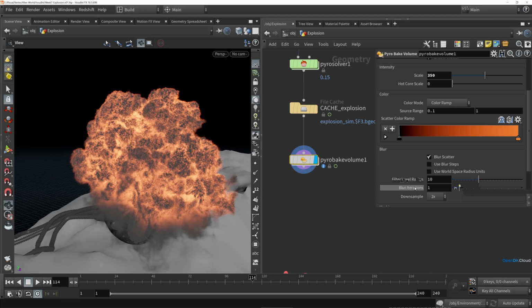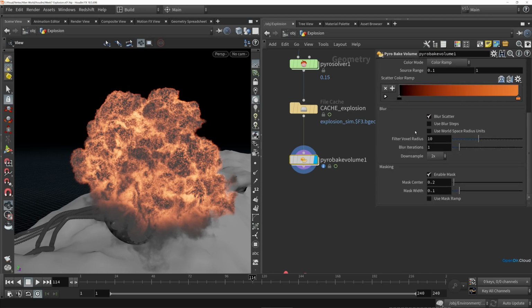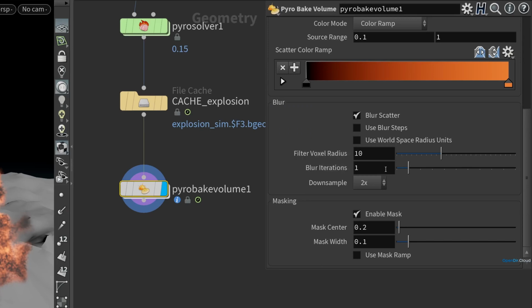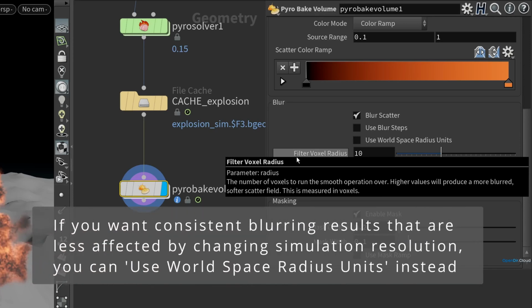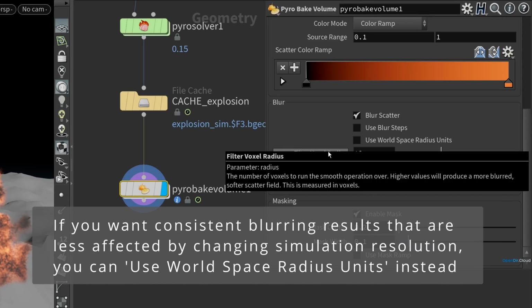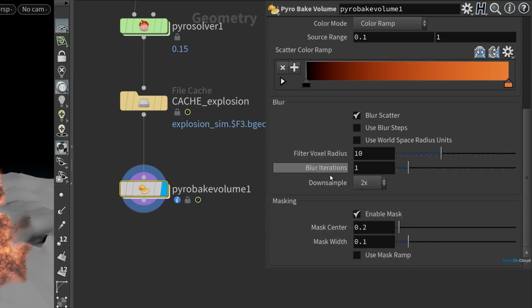And we have a few different ways that we can control how this blurring works here. We can just crank up the number of iterations to induce more of this light scatter blurring. This voxel radius indicates how many voxels it's going to run that smoothing operation over. So the higher this radius, the more blurred and soft that scatter field is going to be. And as the tooltip tells you, this is a number of voxels. This isn't a world space radius. And we are getting some decent results just out of this default blurring here,